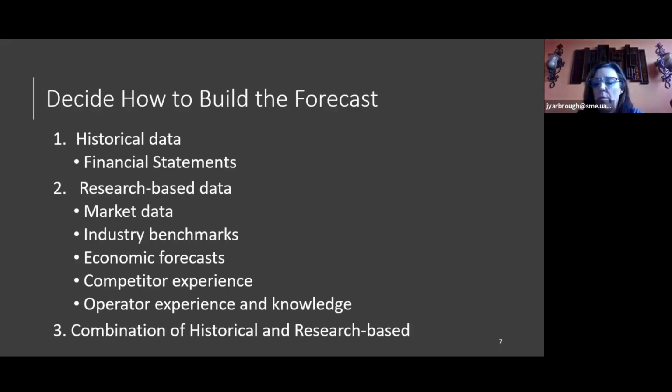Industry benchmarks are always a good tool to look for, and those might not necessarily be anything that you use in the actual forecast, but they will for sure be information that helps inform you to get to the place where you are figuring out your goals and your aspirations. And then they also can be really good to use in terms of targets and what your plans are around achieving something in the forecast.